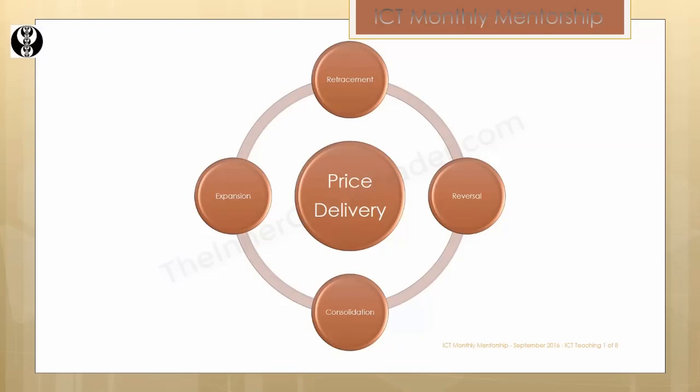That means there's an impulse move or an impulse price swing. After that impulse swing, either it goes back to a consolidation again, or it goes to a retracement. When the retracement happens, it goes back down into another level of expansion. Or after the expansion, it can go to a reversal pattern. After the reversal pattern, it'll see another retracement, then back to potentially a consolidation.